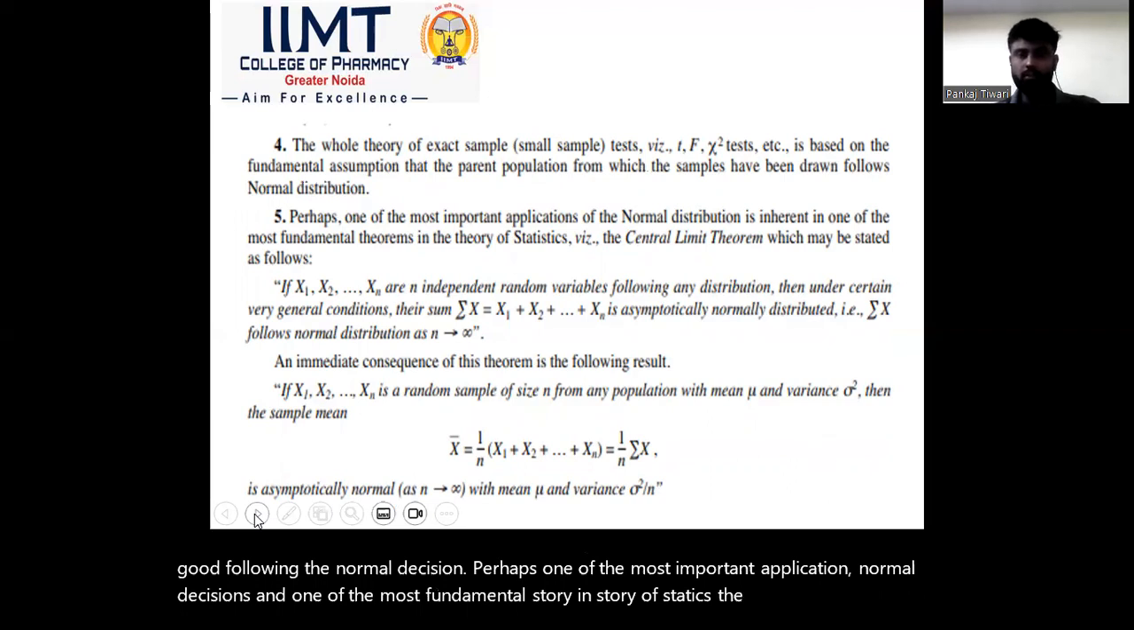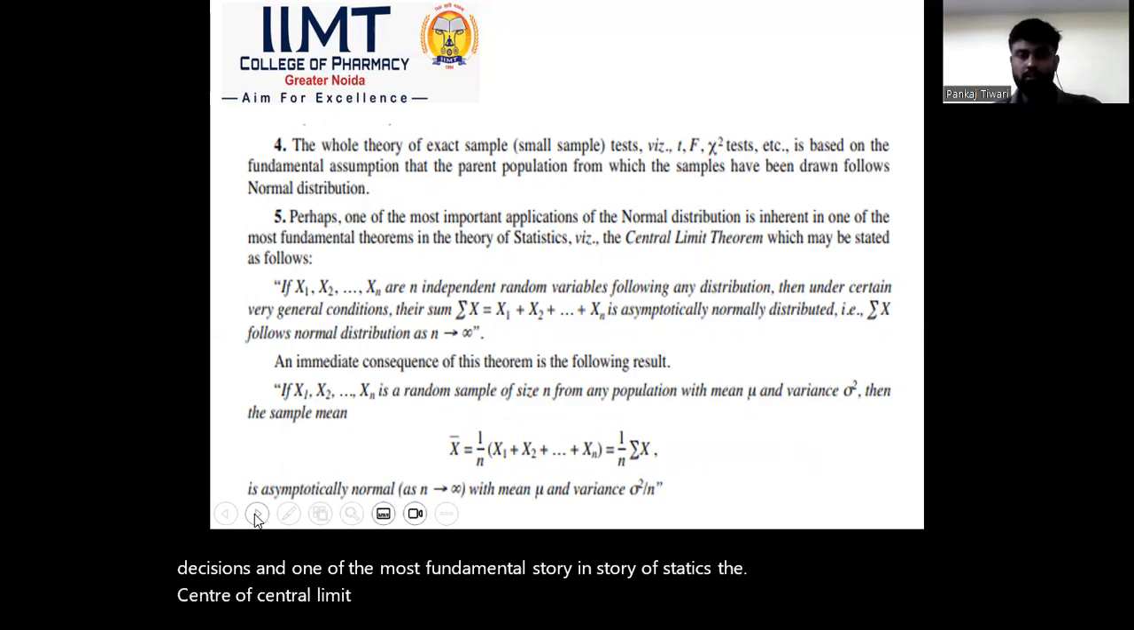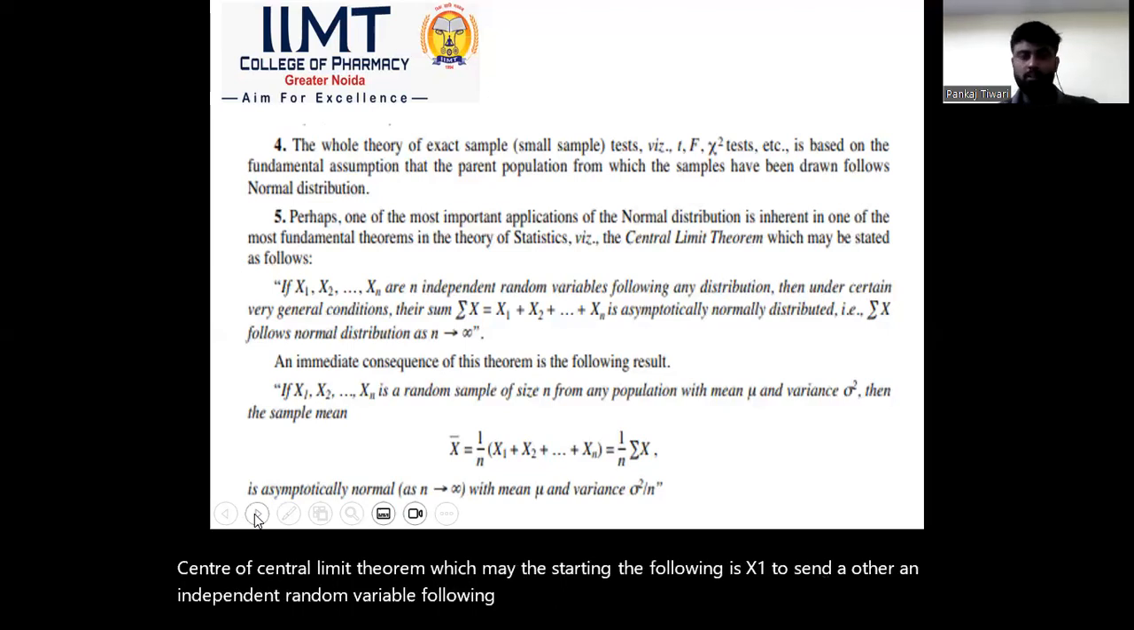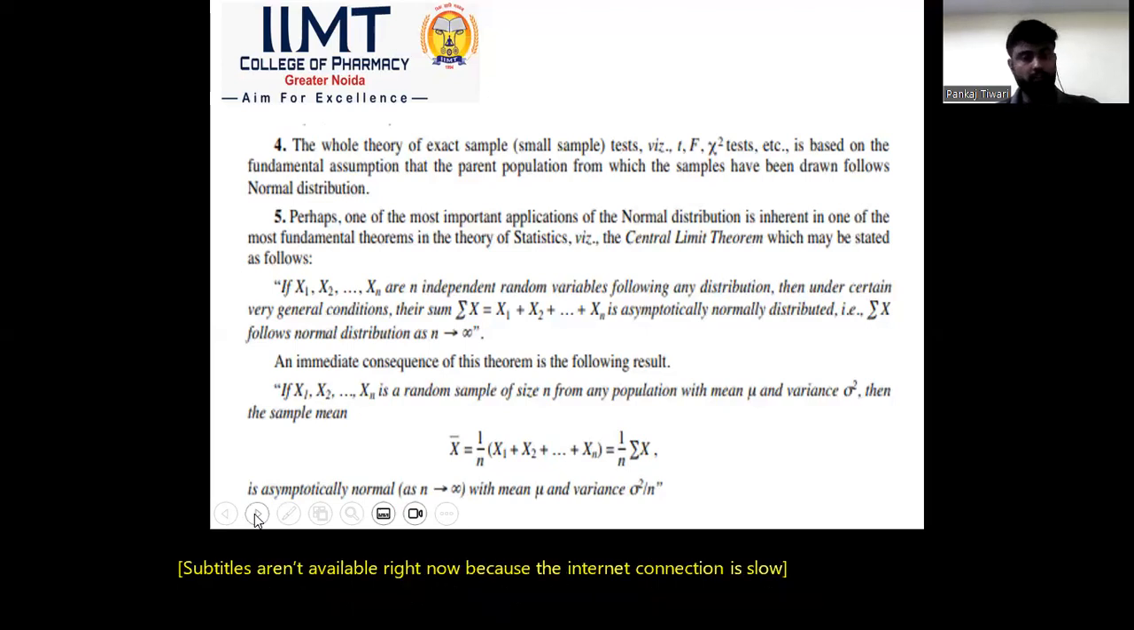the central limit theorem, which may be stated as follows: if x1, x2, ..., xn are n independent random variables following any distribution, then under certain very general conditions the sum x1 plus x2 plus ... plus xn is asymptotically normally distributed. As n goes to infinity, the immediate consequence of the theorem is the following result: